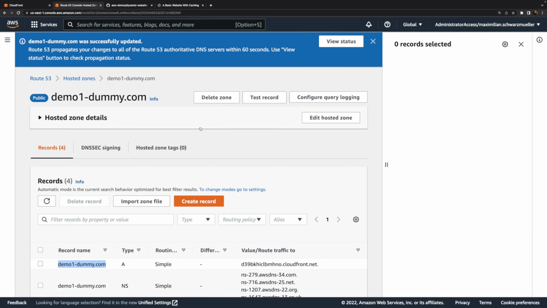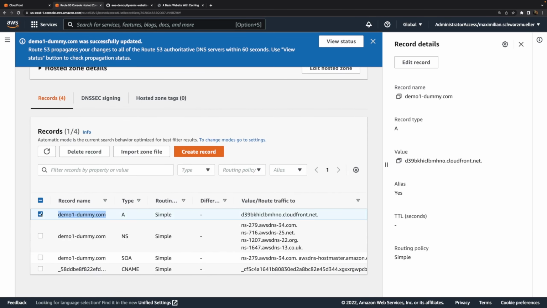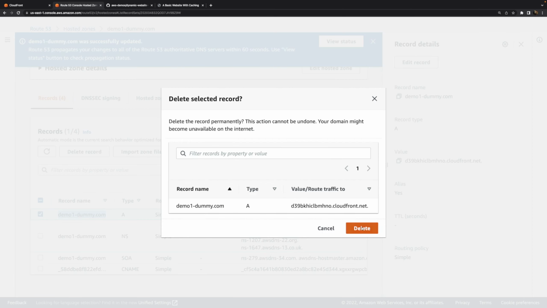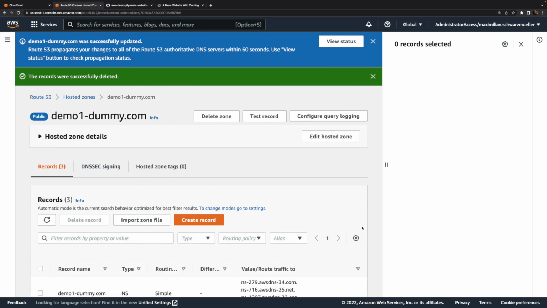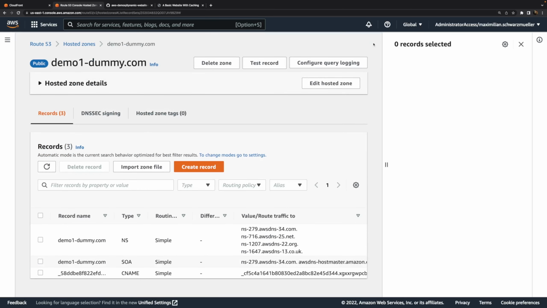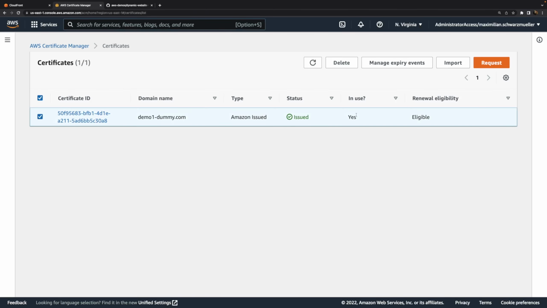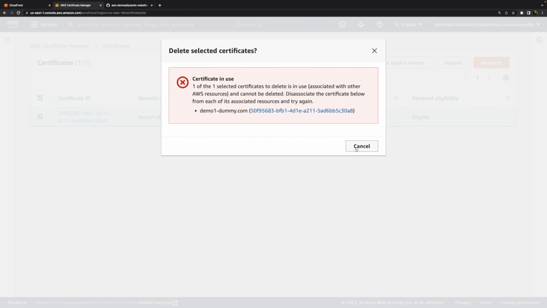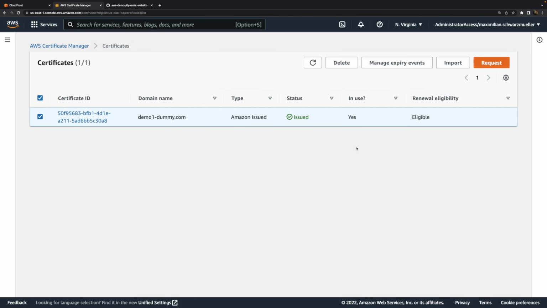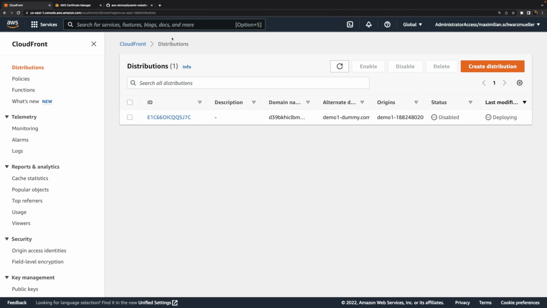In the meantime, for Route 53, I can remove this A record here. And of course, we could also get rid of the entire domain, though we won't get our money back. We just can make sure that we don't renew it next year. That's the only thing we can do, but we can't give it back and get our money back. That won't work. I will also go to the Certificate Manager and get rid of that SSL certificate, which we did create, at least once the CloudFront distribution was deleted, because we also don't need that anymore.